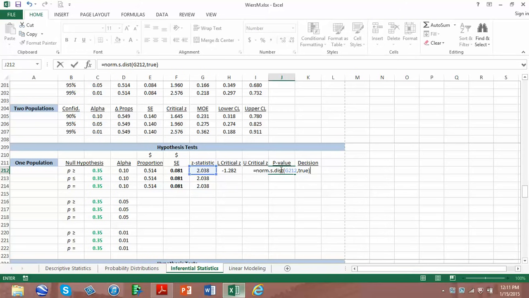Since this is a left tail test, this is the area under the curve to the left of a standard normal distribution to the left of the 2.038, and we get 0.979. Again, the rule is you're going to look at the p-value and see if that's less than alpha. If it is, you're going to reject the hypothesis that p is greater than or equal to 0.35 or accept it. So we're going to say equals if p-value less than alpha, comma, reject, comma, accept,